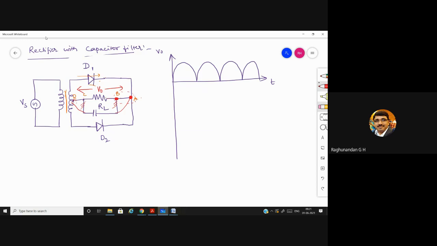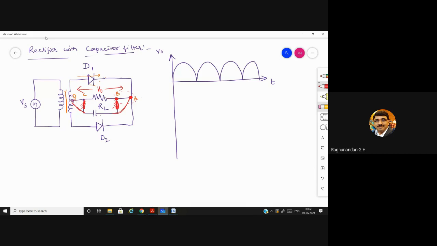Because B and A are the same only, and I told you instead of connecting like this, you can connect it directly here, and instead of connecting here, you can connect it directly here. But it won't look good, right? Connecting directly to the center tap. But usually we'll connect like that only, to look neat. Now, whatever voltage comes across this, the same voltage will be utilized by the capacitor to charge itself.